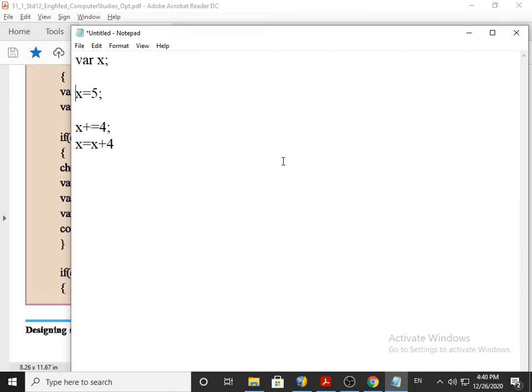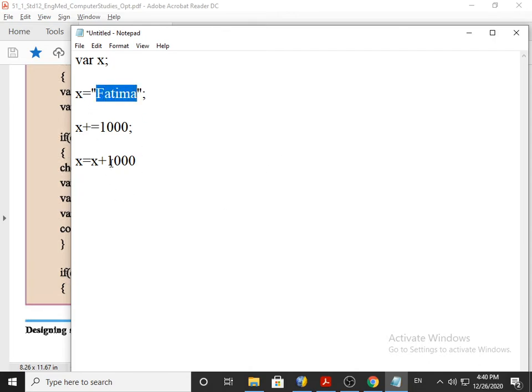Now suppose x has a name, say for example Fatima, and if I write here, for example, 1000. Now also it is the same, x is equal to x plus 1000, but the value of x is Fatima.